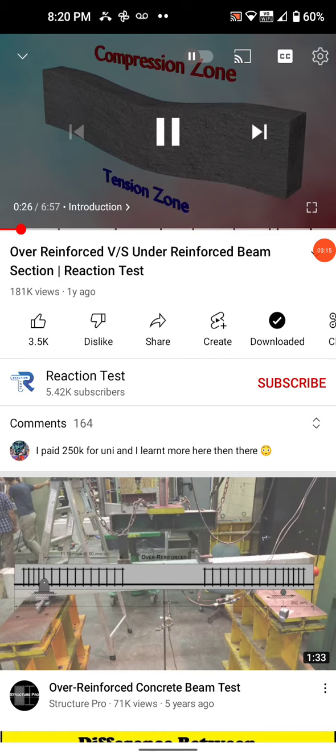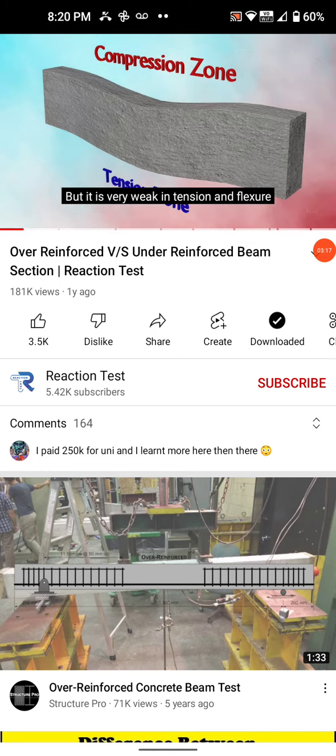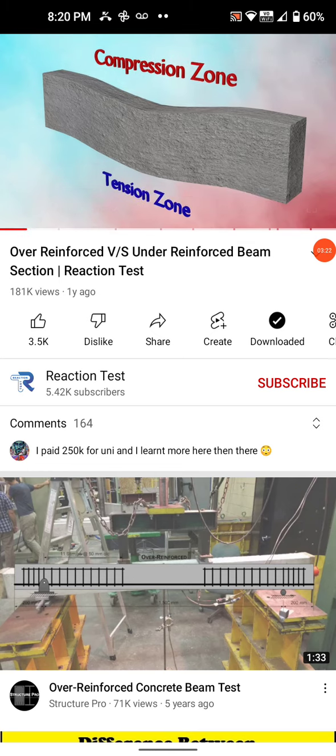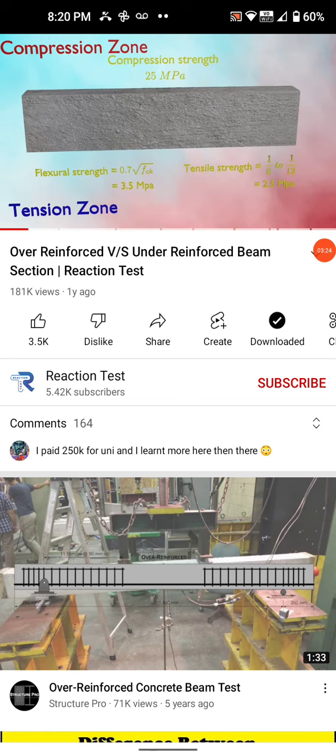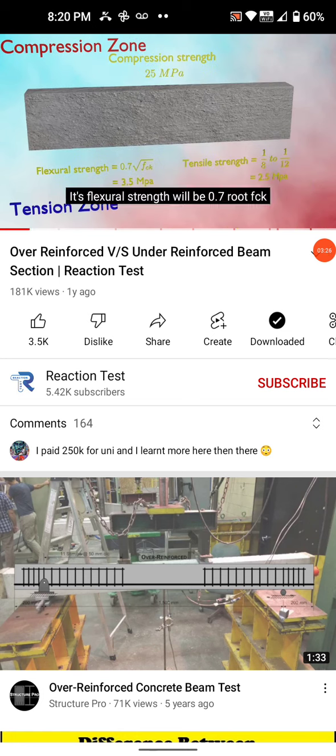Has good compressive strength, but it is very weak in tension and flexure. For example, if the compressive strength of concrete is 25 MPa, then its flexural strength will be 0.7 root fck, that is 3.5 MPa, and its tensile strength will be